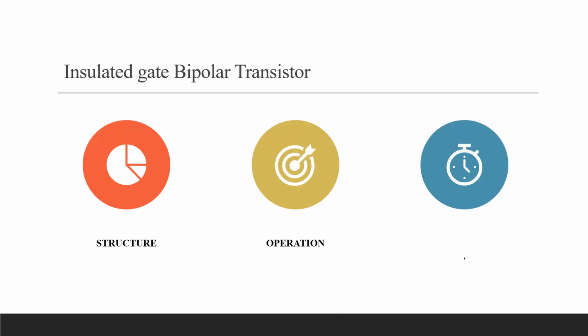You know that you are discussing the power devices. In the power devices, so far you have studied PNPN diodes, the semiconductor control rectifier, and bilateral switches, and today we will discuss the last topic of this chapter, that is the insulated gate bipolar transistor. Initially, we will discuss its structure and then we will move to its operation.